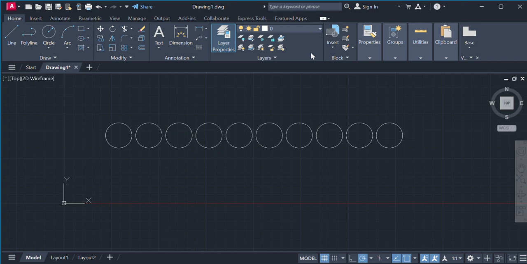The VP Freeze option is not toggled on, so it was not set to be frozen on the viewports. The viewports are found on your layout, once you decide to print out your work. So the very first thing you want to do is make sure that you